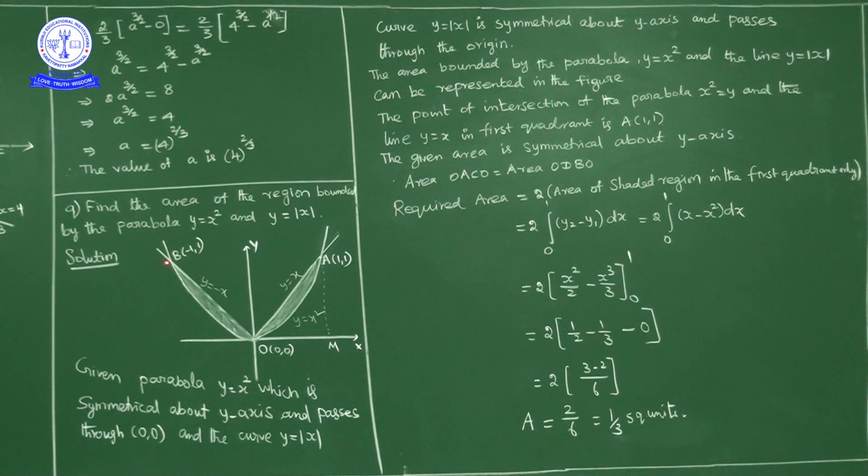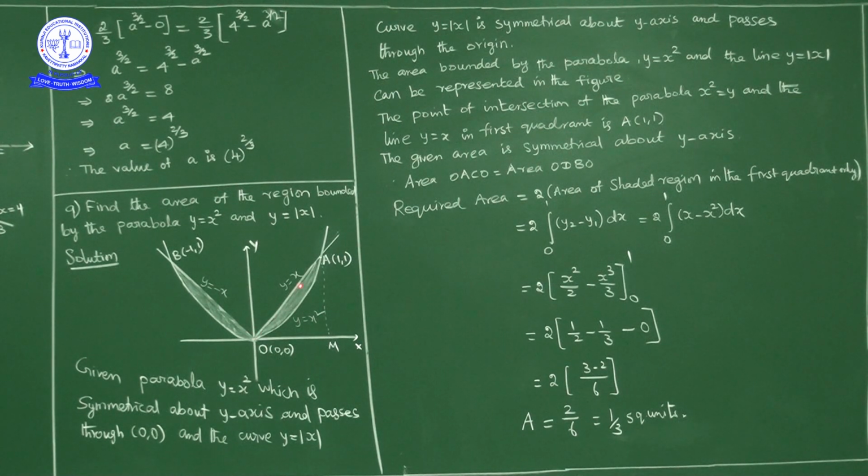Now this is the parabola y is equal to x square, and y is equal to mod x, which is y is equal to x when x is positive, and y is equal to minus x when x is negative. Now these are the curves. Both are symmetrical about y axis, both pass through origin. Now if you observe,